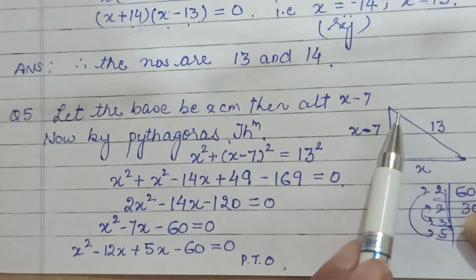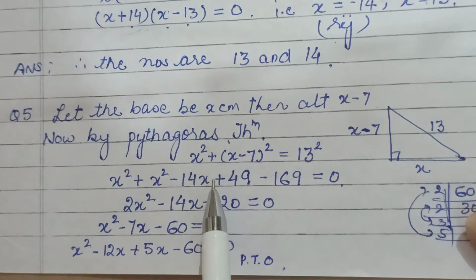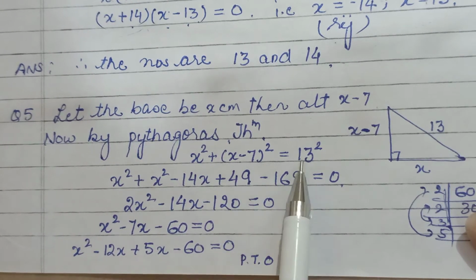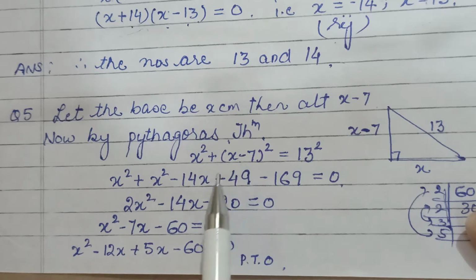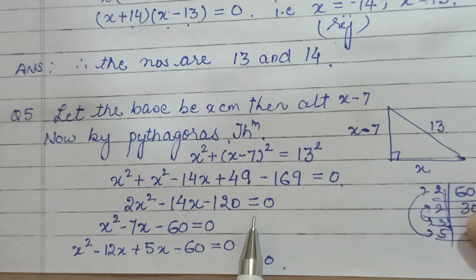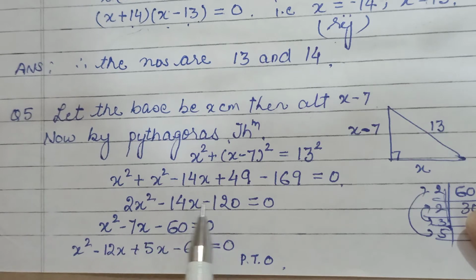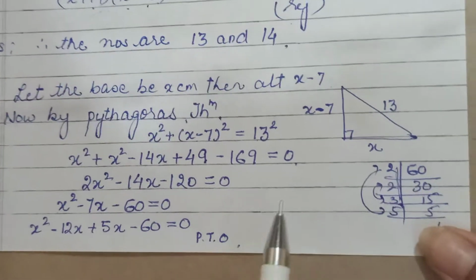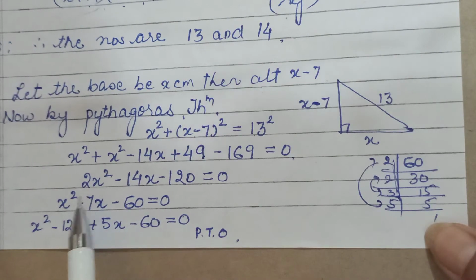Now this is a right angle triangle. We can apply Pythagoras theorem. So by Pythagoras theorem, base square plus altitude square is equal to hypotenuse square. Open this by a minus b whole square. That is coming your quadratic equation. Again ये सब 2 से divisible थे, तो हमने reduce कर दिया है. Factors of 60. अब 60 के factors करोगे, यहाँ तो 1 ही था.